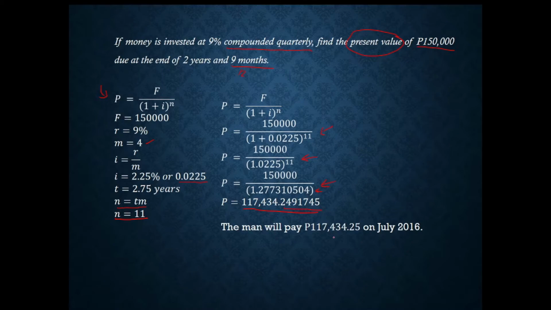And then I've only rounded it off to the nearest 2 decimal places, taking note of the other digits. Hence, I'll now have 117,434.25. So the money invested at 9% compounded quarterly, which amounted to 150,000 after 2 years and 9 months, was